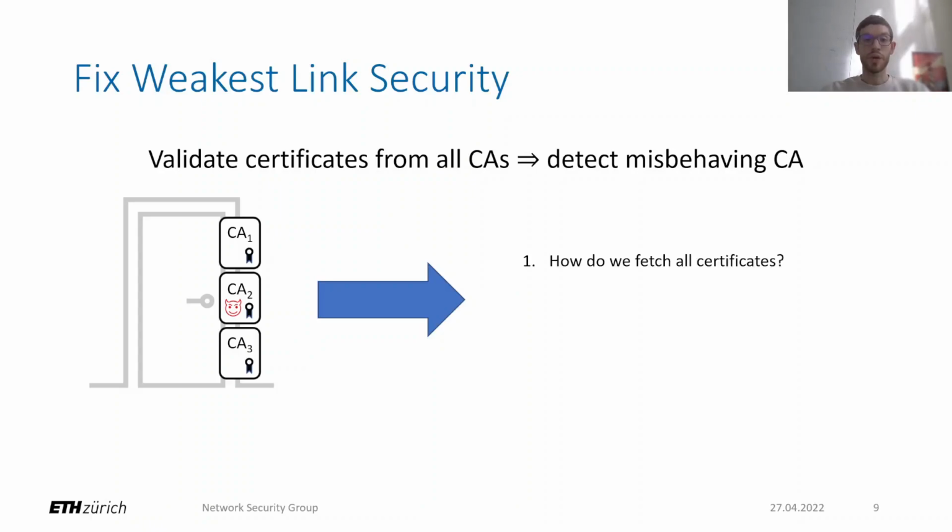However, this immediately raises two questions. First, how can we fetch all existing certificates to ensure that an attacker did not hide any certificates? And second, if we have collected all certificates, how do we make the decision which one to accept and which one to reject? Should we, for example, reject certificates with different public keys? Or should we reject certificates issued by different CAs? Let's first tackle the second problem of how conflicting certificates are defined, and later on we will come back and discuss how a complete set of certificates is fetched in F-PKI.